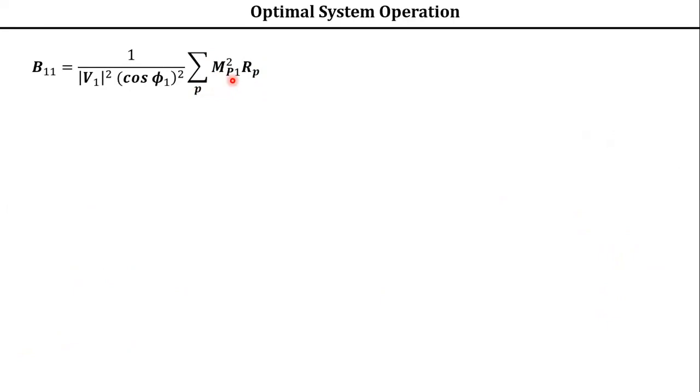So instead of P, you replace it with A, B, C and add all those because it is a summation, isn't it? So you have to add the square of this product for each branch. So I am giving it here. Only this term I am writing. M_P1 square R_P is equal to: for branch A, M_A1 square into R_A; for branch B, M_B1 square into R_B; for branch C, M_C1 square into R_C. 3 branches are there. That's all.